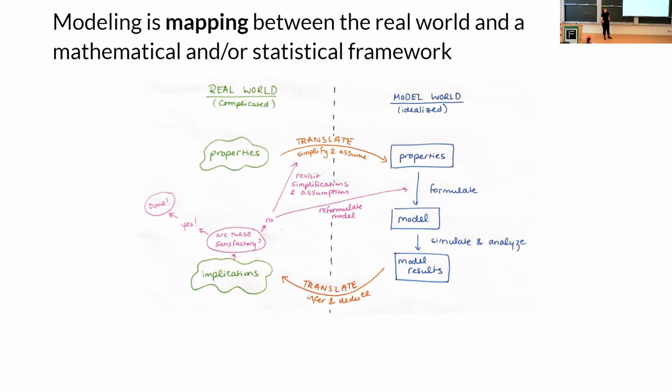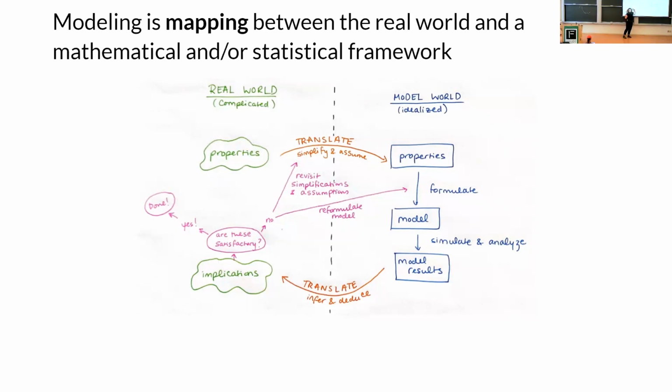Sometimes the results are not necessarily phrased the way you need. For instance, you might get out of your model a time series of the incidence of a disease, like how many new cases you get a day. But what does that mean for the original question, which might have been, how many vaccines do we need to give out and how quickly? So you still have to do some sort of translation to understand the implications of your model results on the real world. And then you have to ask yourself, is that enough?